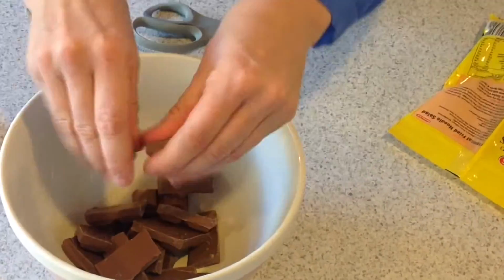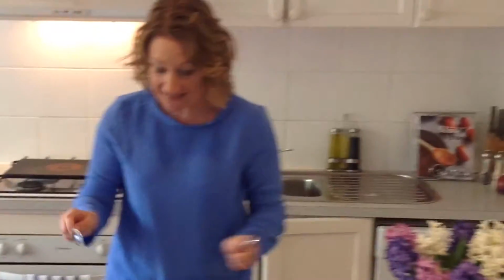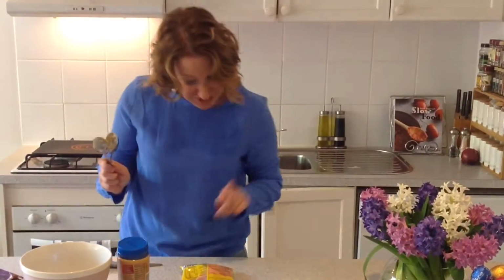Now we're also going to add 2 tablespoons of peanut butter, but obviously if you've got any kids coming around or kids of your own that have a peanut allergy, you don't need to add this, but it does give it that extra bit of crunch. There we go. Okay, so we're going to pop that in the microwave, let me check the recipe,